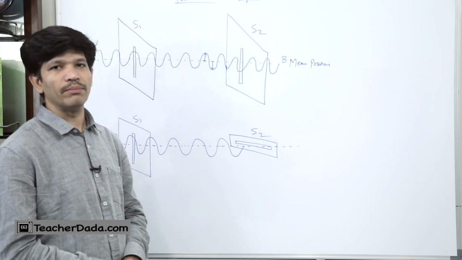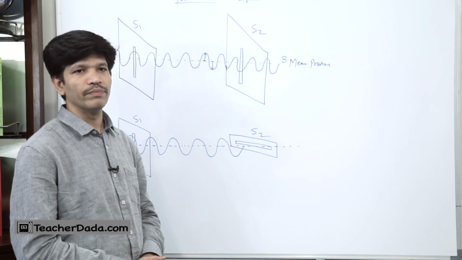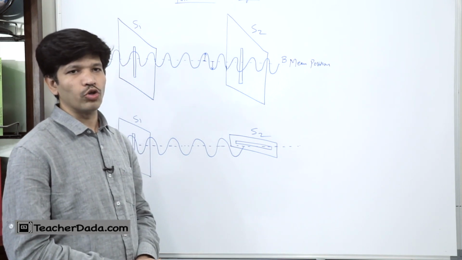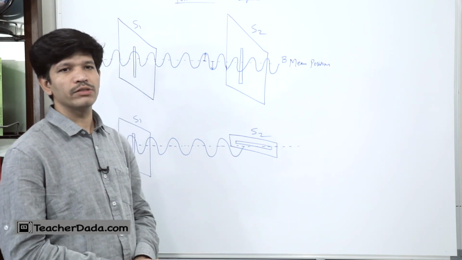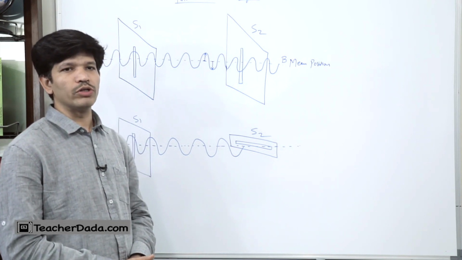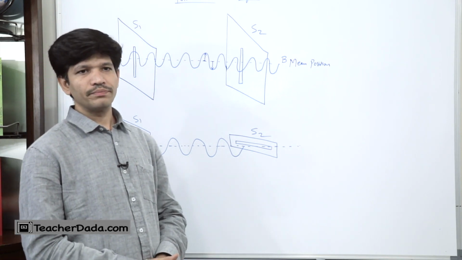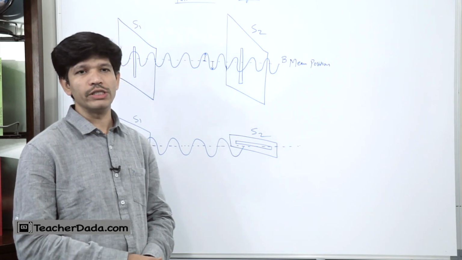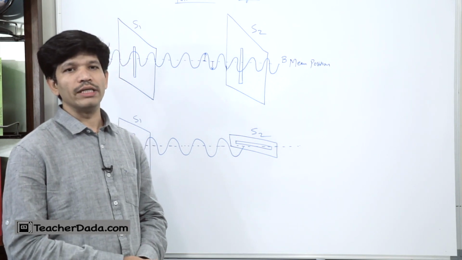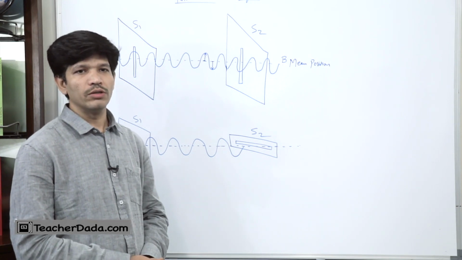This variation in amplitude is due to the vibrations in the string being transverse. Had the vibrations been longitudinal, that is parallel to the length of the string, they would have passed through the slit S2 in all angular positions of S2.